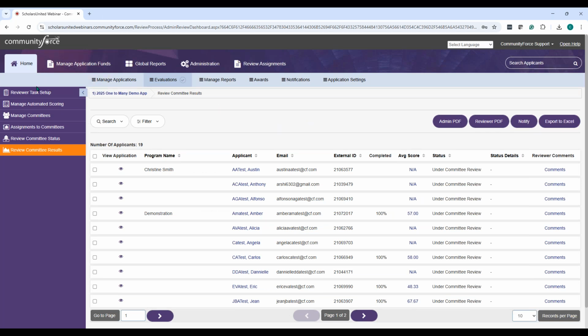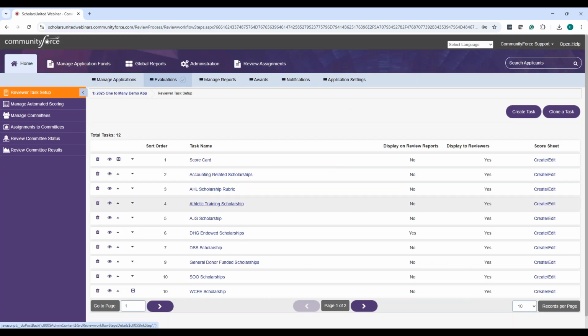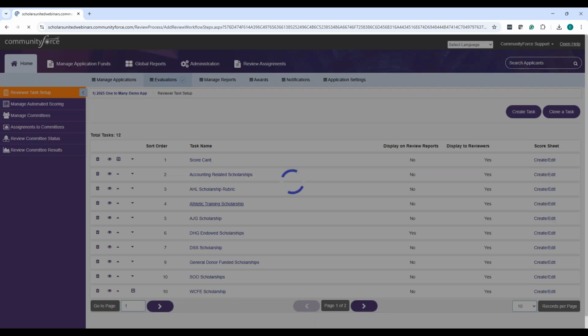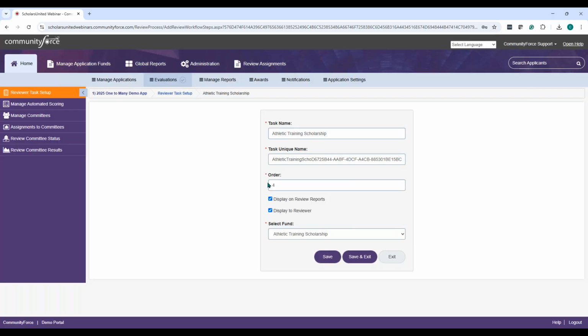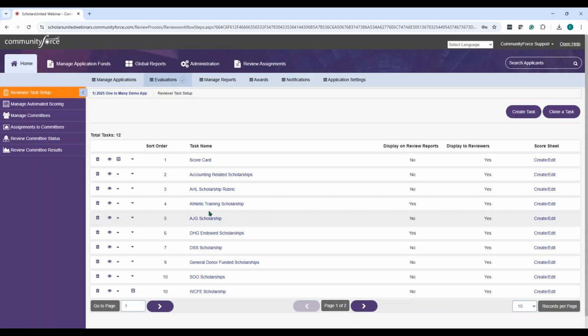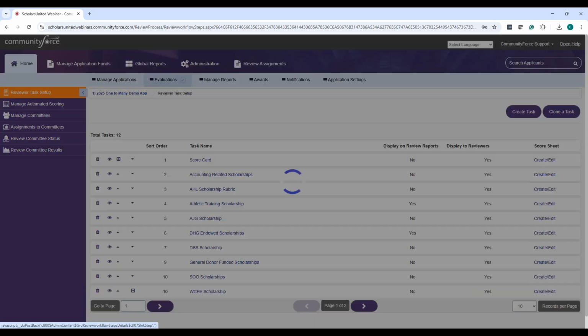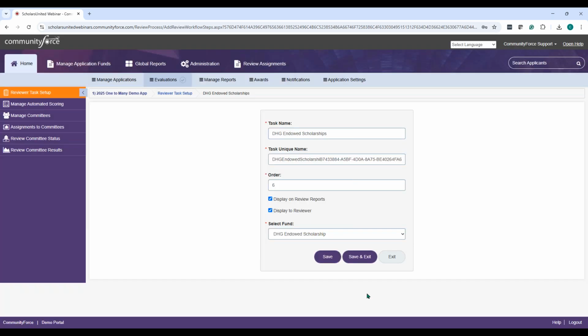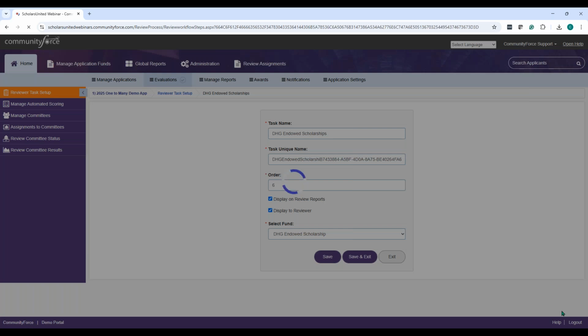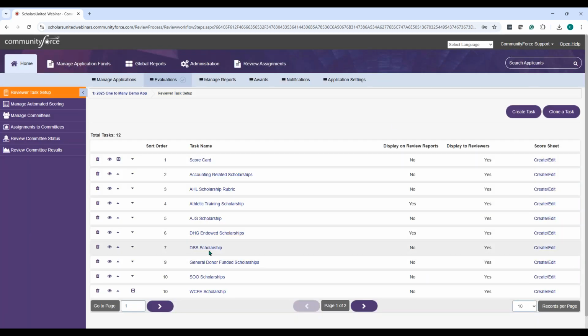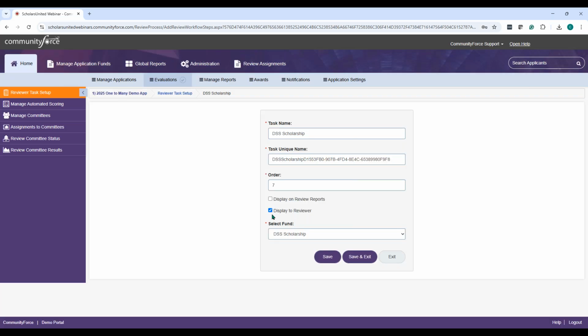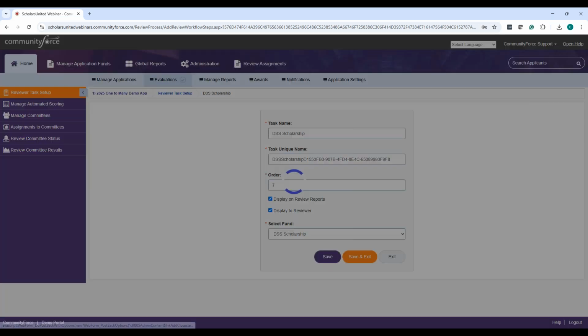Then I can go back to the reviewer task setup, and maybe I want to see some more. I'm going to go ahead and turn these on because I need them for the next function that we're going to go over. Save and exit. And then I would turn off the DHG. I would go there, remove that, save and exit, and then I could see the next one. So that's what you would do, you can turn them off and on. But I'm going to turn these others on because now I want to see them in some other reports. So I want to make sure I get them turned on